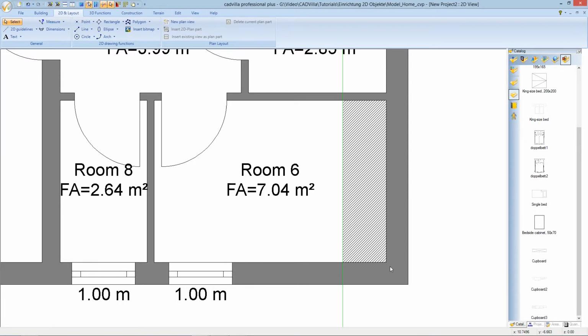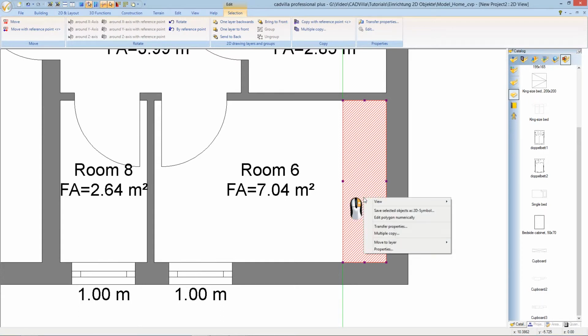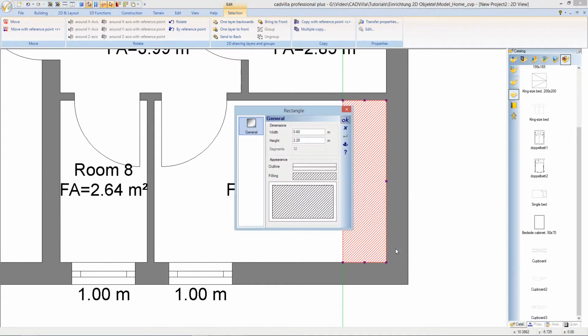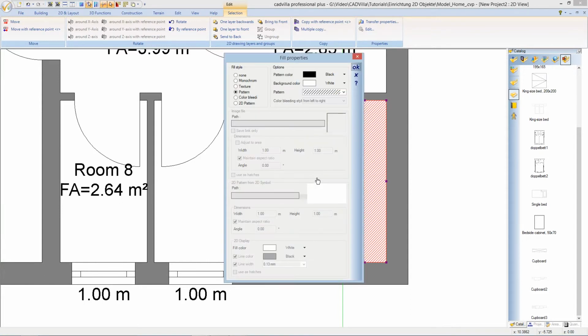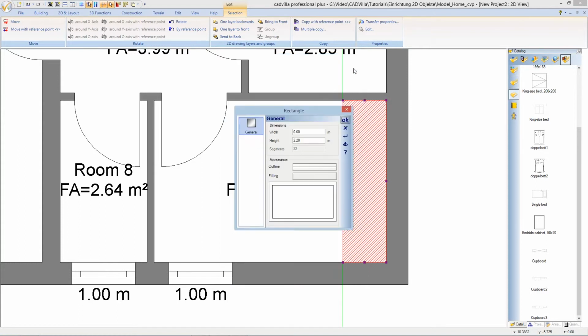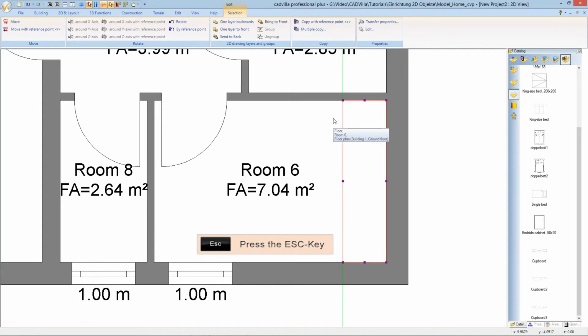Now we will change the filling of the rectangle. Therefore we select it, we press the right mouse button and we click on Properties. Here we select the point Filling, and for the fill style we select for example the point None. After it we press OK and OK. We press Escape